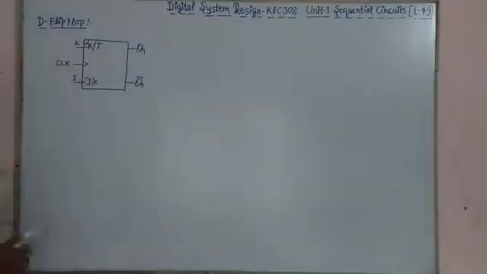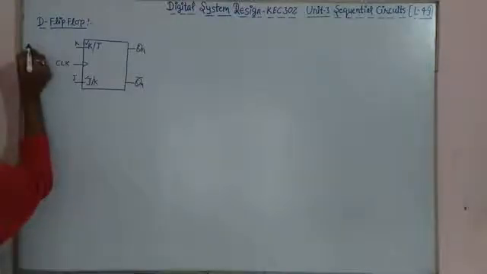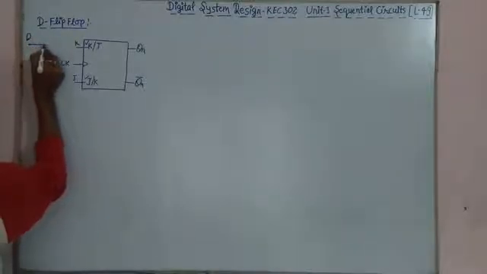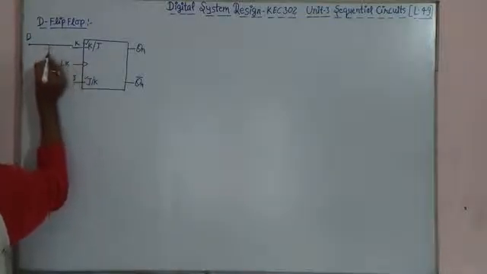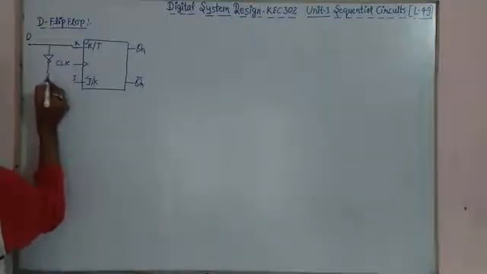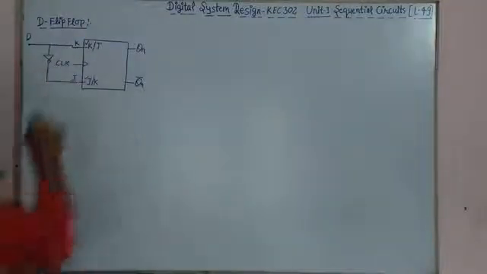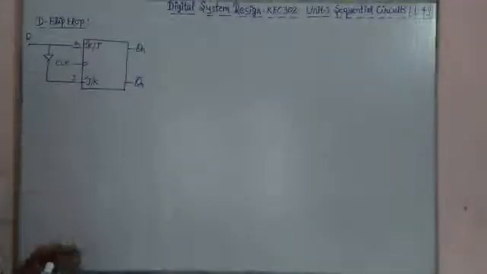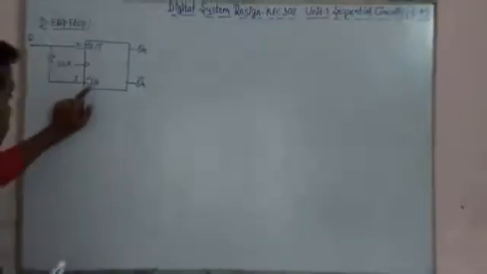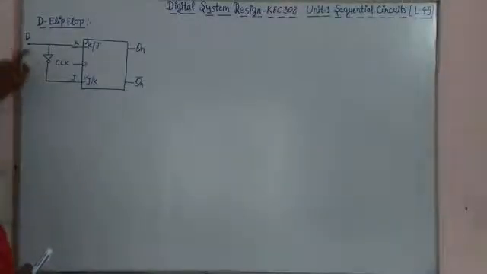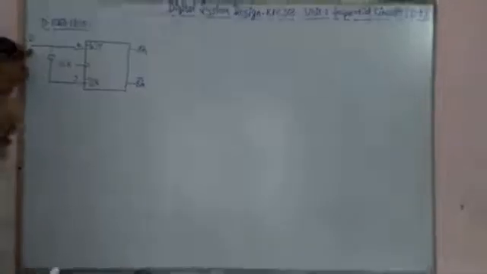If you connect this, you have the input. This is the D input, and if you apply this input directly to K, and the complement of this D to J, this is some modification of the JK flip-flop. Now it will become a D flip-flop. So this JK flip-flop will become a D flip-flop and work as a D flip-flop.